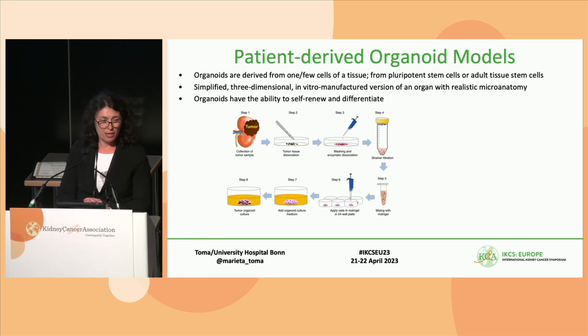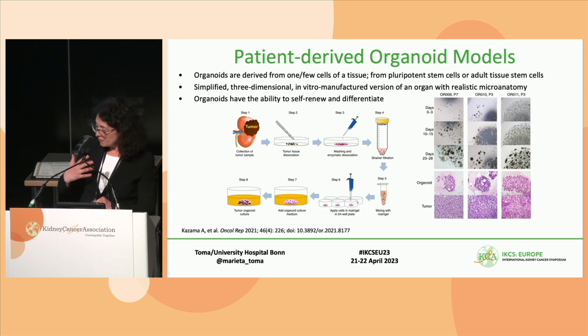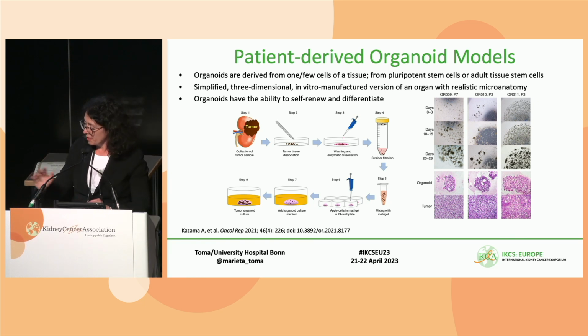Don't forget FGF10, and you can grow organoids. And you see from bottom till here down how the organoids are growing. Here there are three patients. It's a work of Kazama et al., published 2021. And those organoids, they are round structures, and they are growing bigger in 4 weeks.